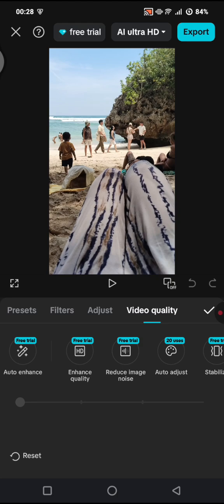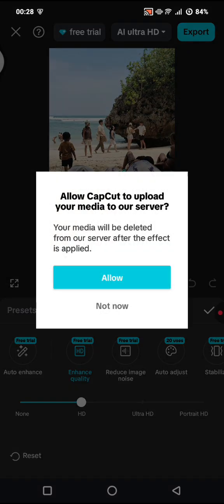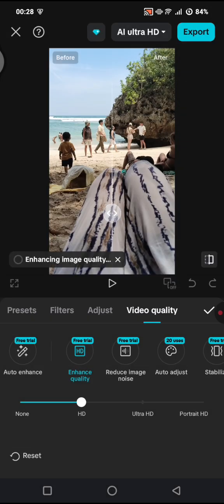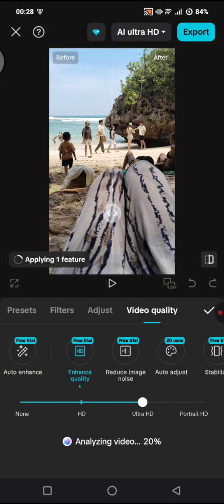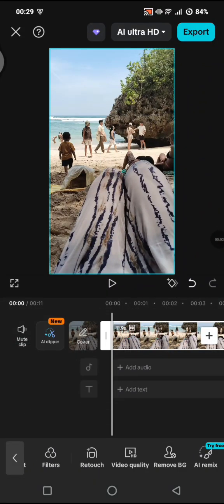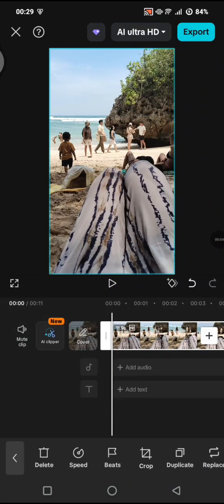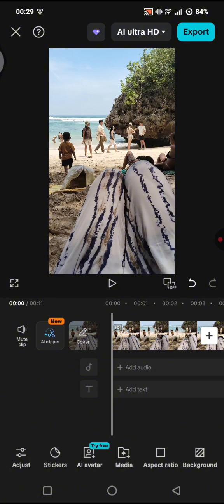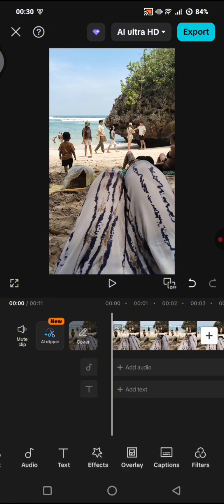Then tap on enhance quality and choose the Ultra HD option, this one. Now the enhance quality feature has been applied, and now you can just head into filter